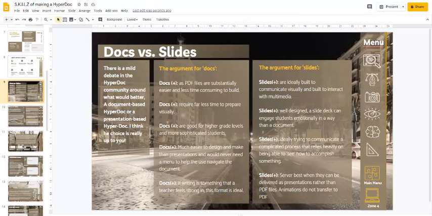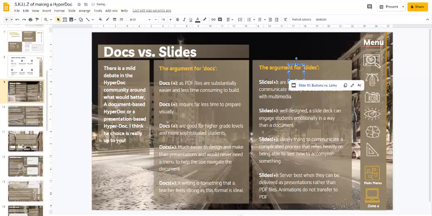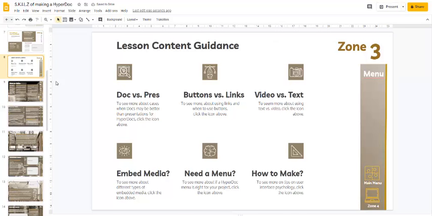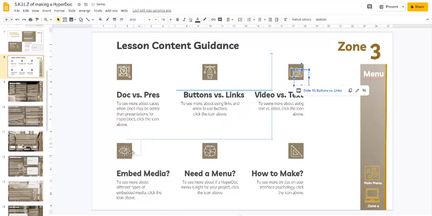Copy, go back to this one, and then I'm going to put right here on top of that guy, and I'm going to kind of customize it so that it sits right on top. Okay, awesome. So let's go back here, and we're going to copy and paste and cover this guy,